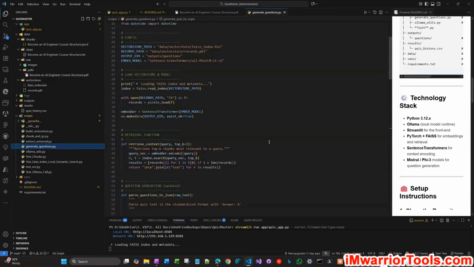What this does is it pulls relevant chunks and creates multiple choice questions using the Ollama models. As of now, I'm only using two models. One is, I believe, Mistral 7B, as well as Phi-3 Mini. I do some standardized LLM